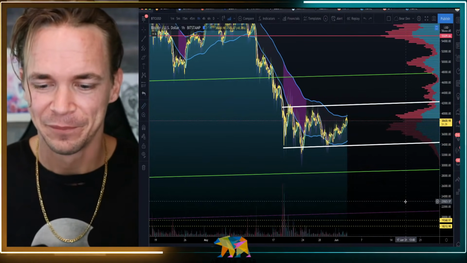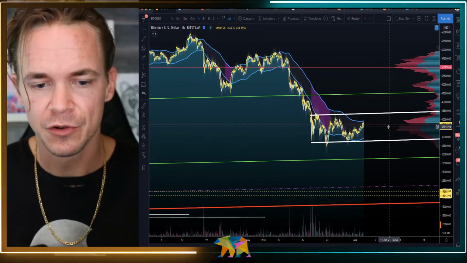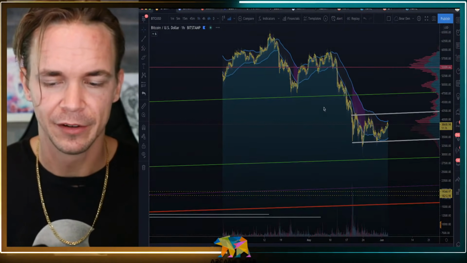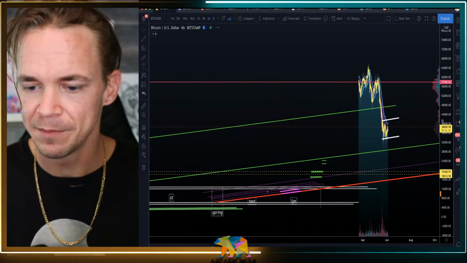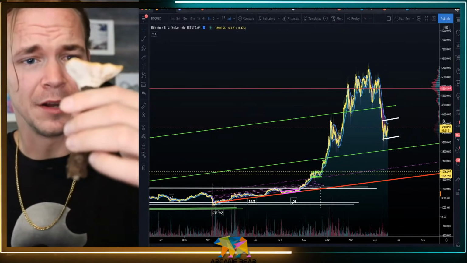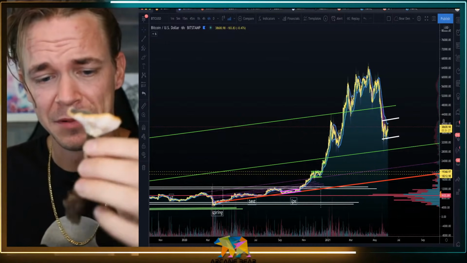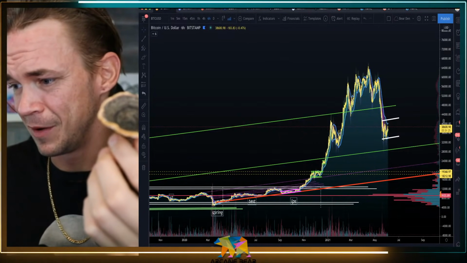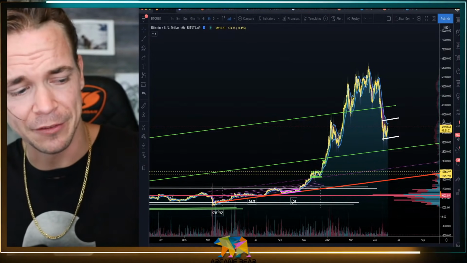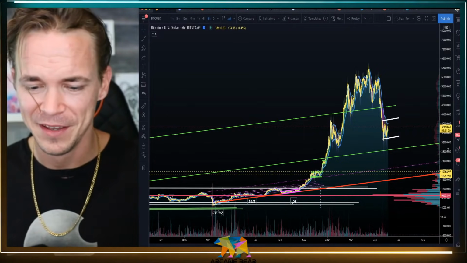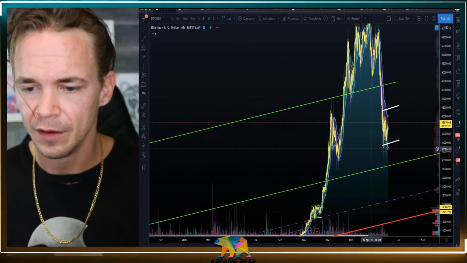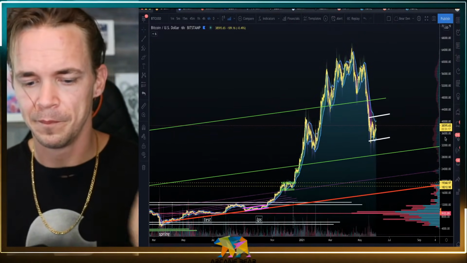Other than that, everything on the macro story, which is the most important to me because it allows me to continue to read my books, drink my tea, go out mushroom hunting. For those of you that don't know, I love hunting mushrooms. This is a reishi I found yesterday, probably the sexiest reishi I've ever found in my life. Anyways, just want to keep you updated on what I actually like to do with my time. Macro stories, that's the most important part, ladies and gentlemen. We'll leave it at that.